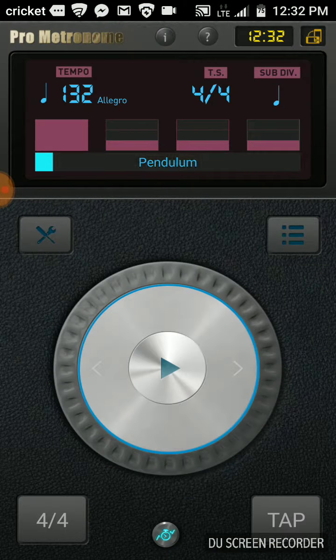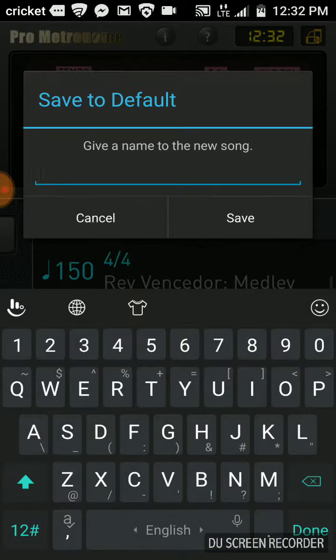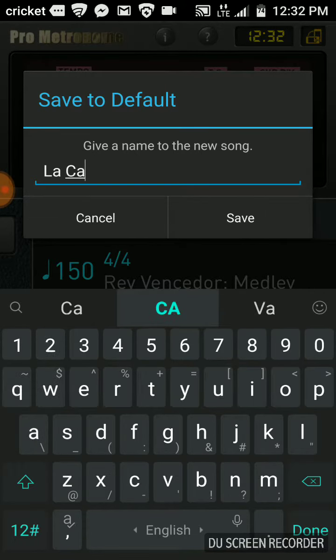That's the app I'm gonna open. Then you go right here to your upper right hand. You press on that, and say you want to enter the song, say La Cadena. You tap that little sign. You put La Cadena, and we know what that is. That's the song with the grande y fuerte, te doy gloria, vamos a cantar, or some other song. Okay,